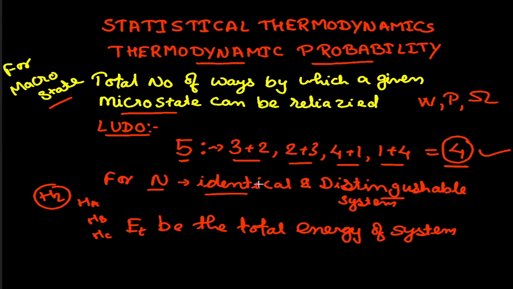So if we have a system having identical particles and they are distinguishable, and we consider the total energy of the system at constant volume and temperature,